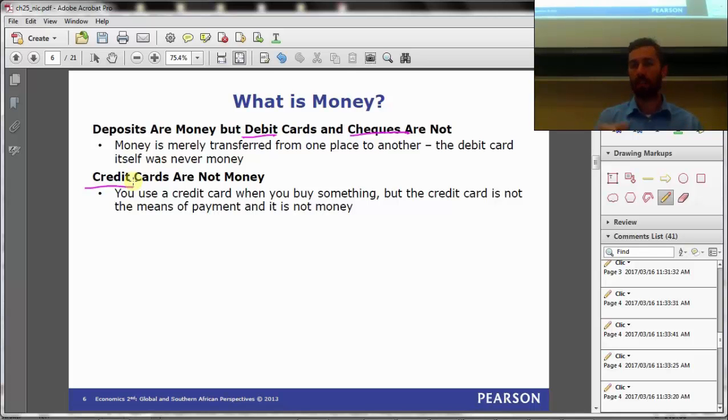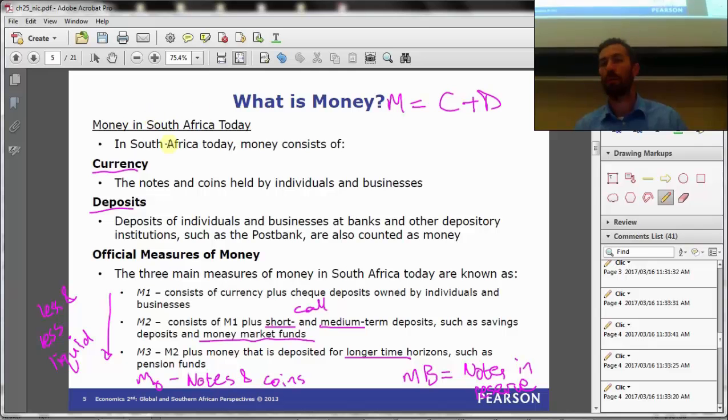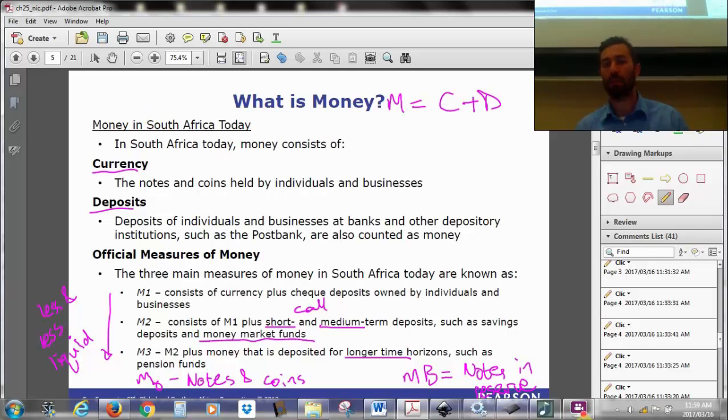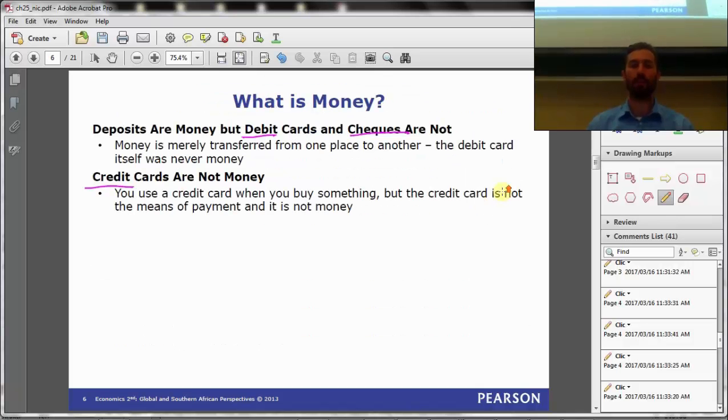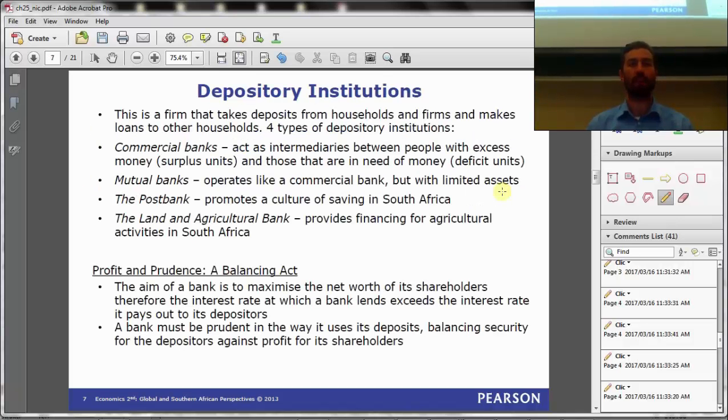And what we will see a little bit later on is whenever you increase loans, you increase money supply. When you increase loans through the banking system, you increase money supply. Okay? How? Because an increase in loans leads to an increase in deposits, and when we increase deposits, money supply goes up. Why? Because part of our money supply is deposits. And that is a great spot to leave it. We've defined what money is.